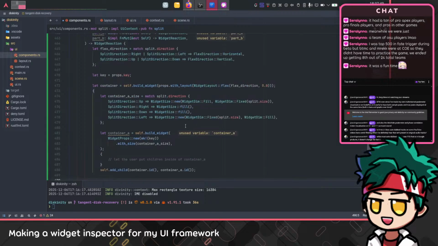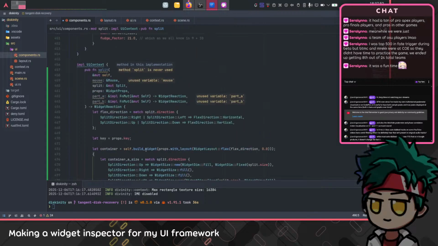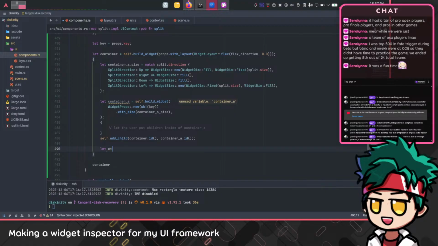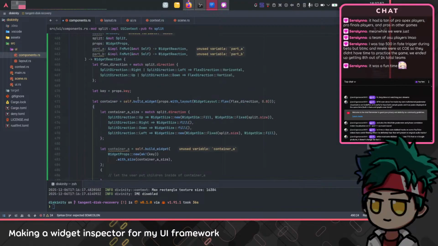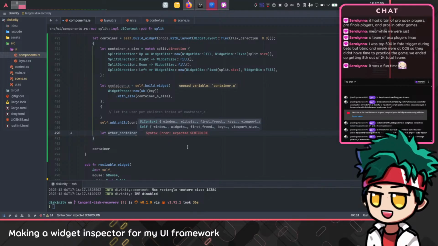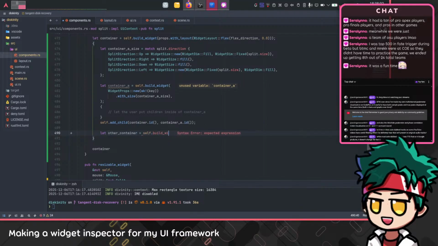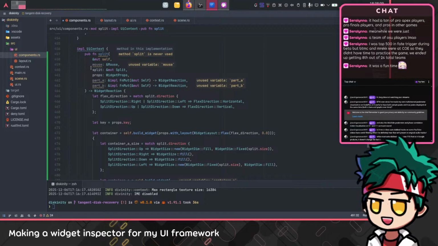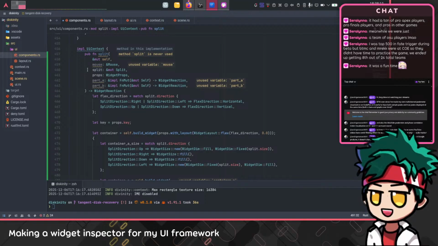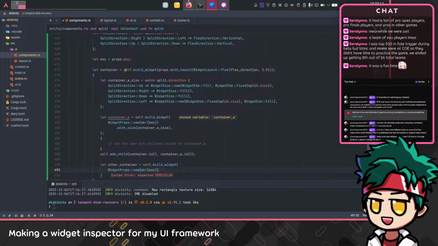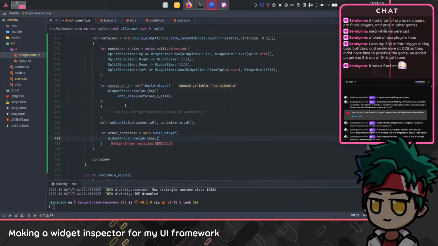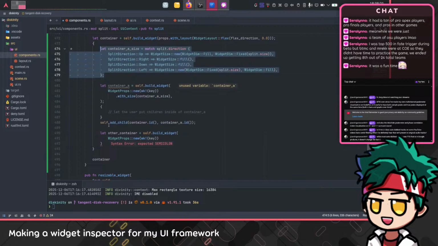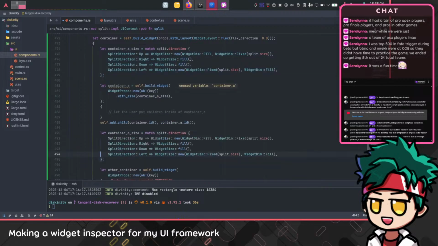Then once we have this container A, we want the other container, and it's gonna be a widget, just like that, with the same kind of keys stemming from the key of the split itself, from the properties that we are giving this function. Okay, and it's gonna have an other container size,